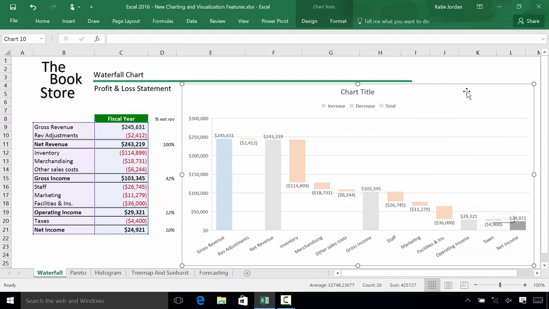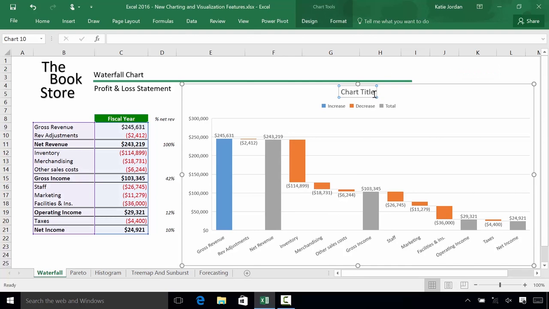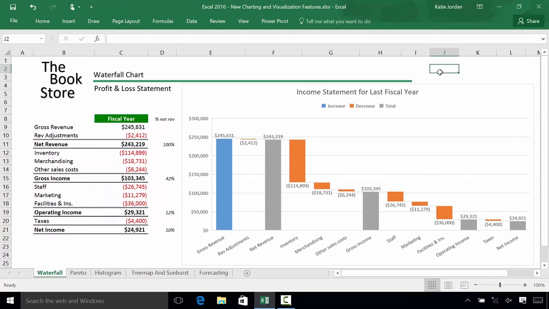After formatting the columns, Katie adds a title to clarify the information represented in the chart. In just a few clicks, Katie has a clear visual picture of the income statement for the last fiscal year. The cost of inventory, merchandising, and other costs of sales cut net revenue by more than 50% to provide gross